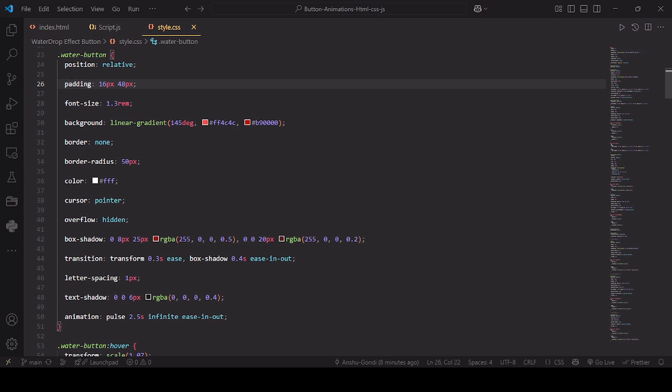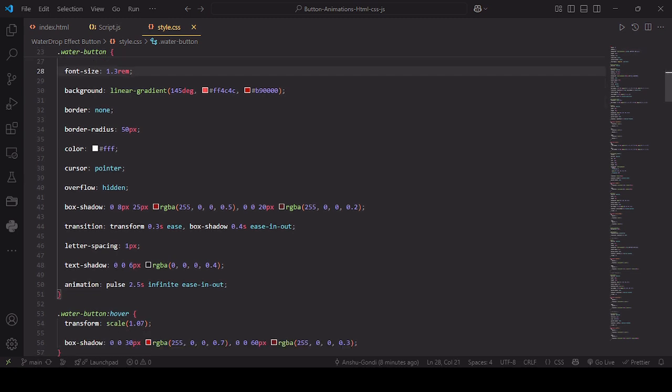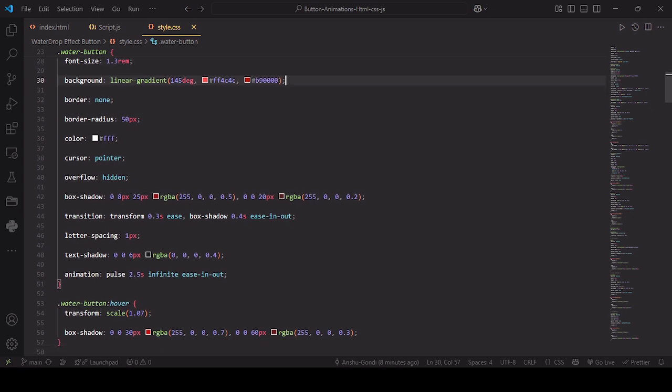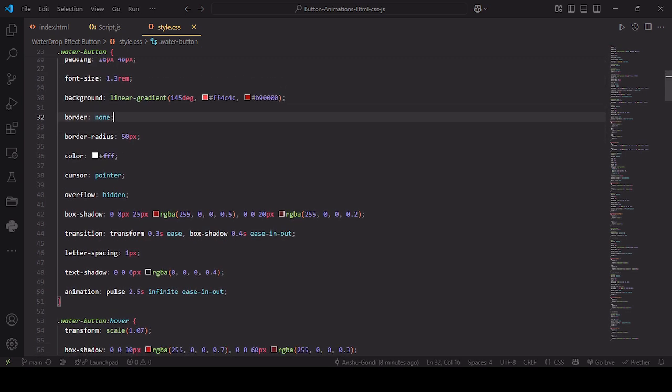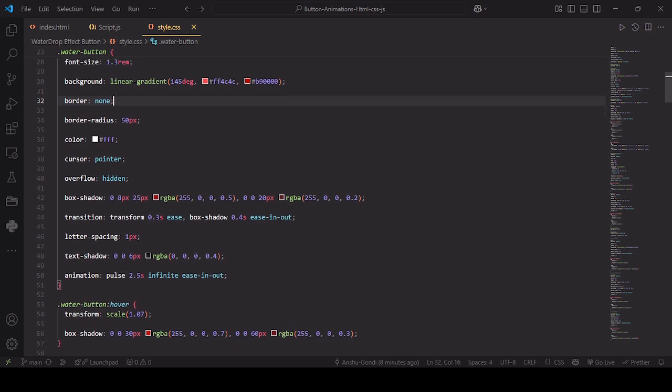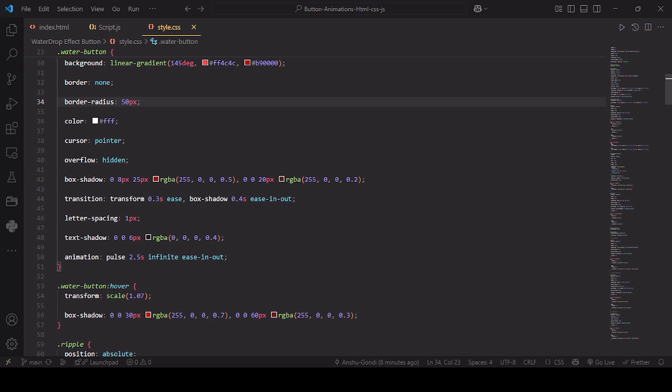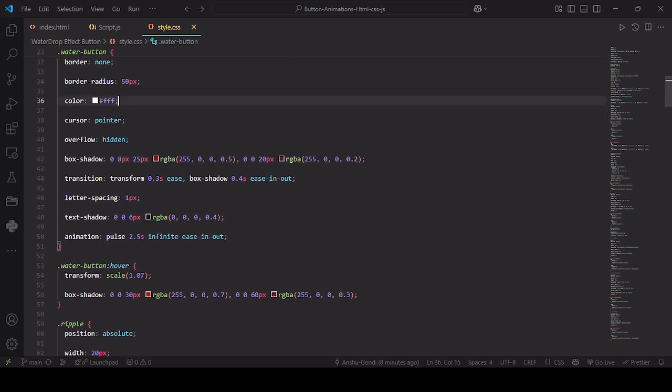the font size as 1.3 rem and background as linear gradient 145 degree and light red and dark red, giving it a shiny look in the 145 degree angle. Okay, then we have taken the border as none, border radius as 50 pixel and color as white for the font,